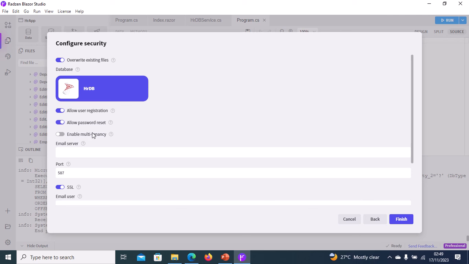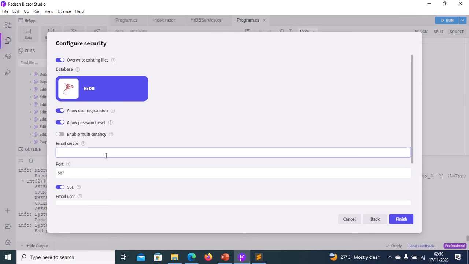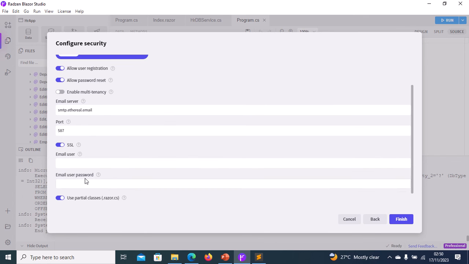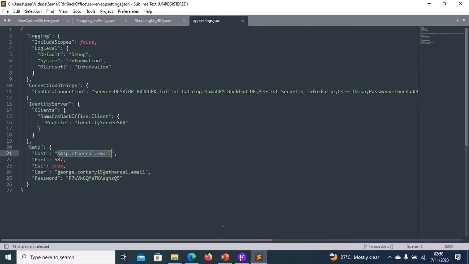I don't want to enable multi-tenancy. My SMTP server is smtp.ethereal.email, email user,